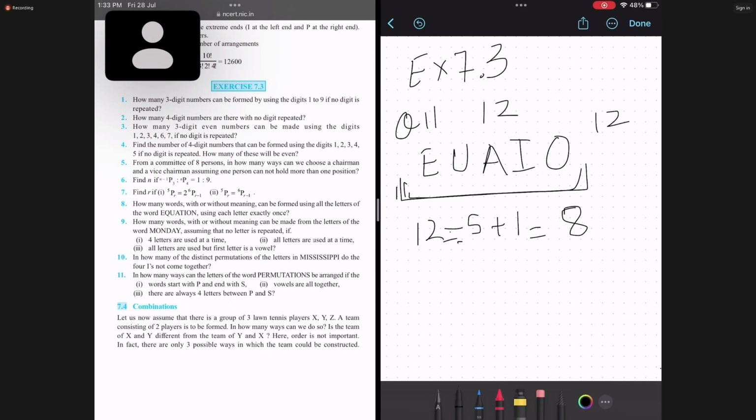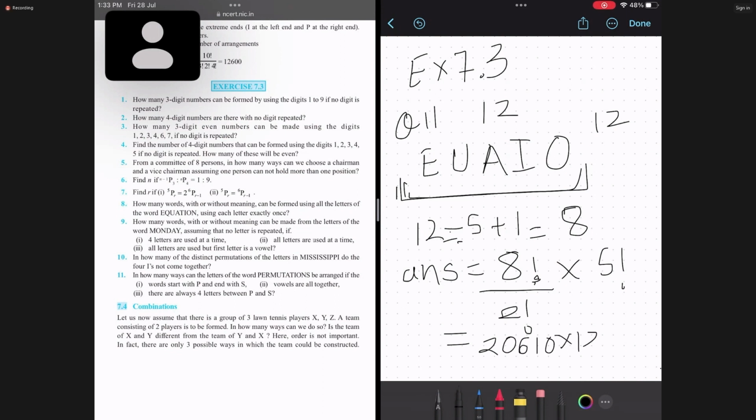But before actually finding the answer, one thing that we need to keep in mind is that you can also permute these 5 letters amongst themselves, right? So the final answer is going to be 8 letters permuted, divided by the frequency of the repeating letters. We again have 2 T's repeating, so we divide by 2 factorial, and multiply by 5 factorial, because these 5 vowels can also be permuted amongst themselves, right? So the final answer is 8 factorial upon 2 factorial into 5 factorial, and that is nothing but